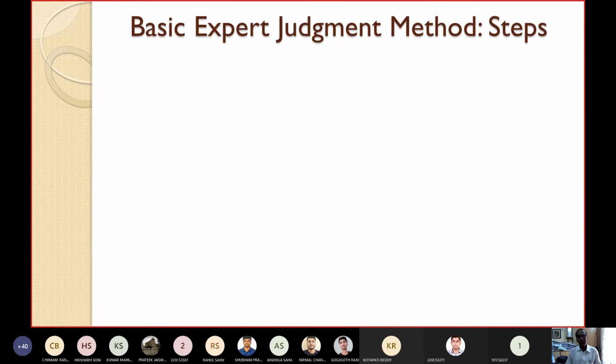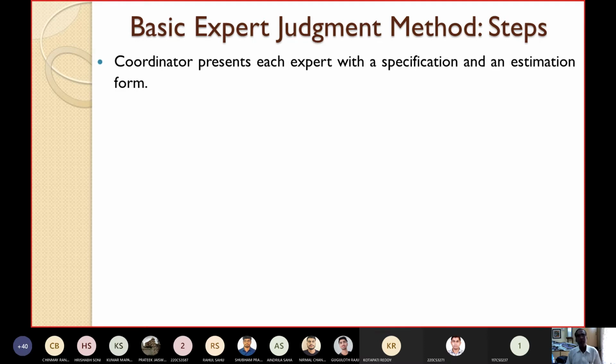Now let's see what steps are followed in this basic expert judgment technique. As I have already told you, there will normally be more than one expert. Out of all the experts, one will be treated as the coordinator.